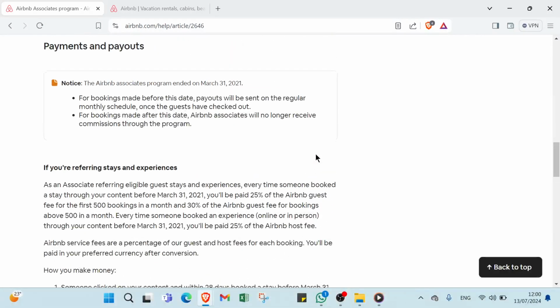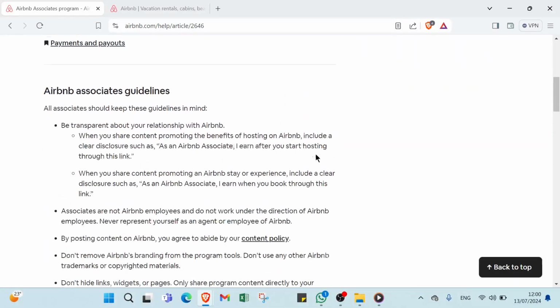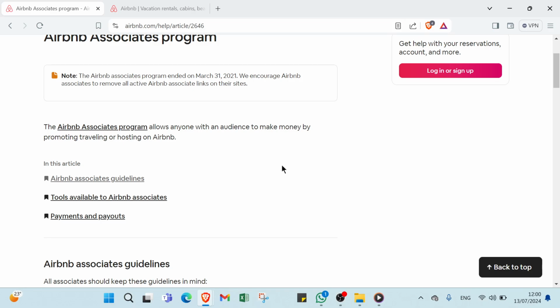So let's go back here to the top. We have important notes that you should know. The Airbnb Associates program allows anyone with an audience to make money by promoting traveling or hosting on Airbnb. What that means is Airbnb itself is going to give you a commission if someone clicks on your link, books a stay, and so on.